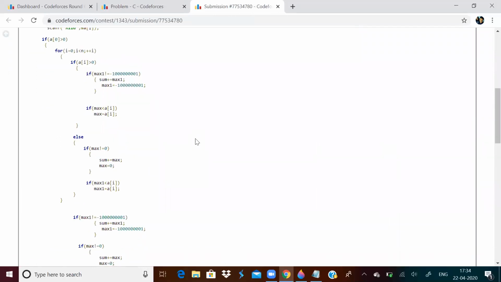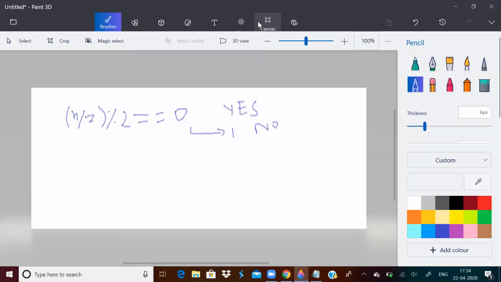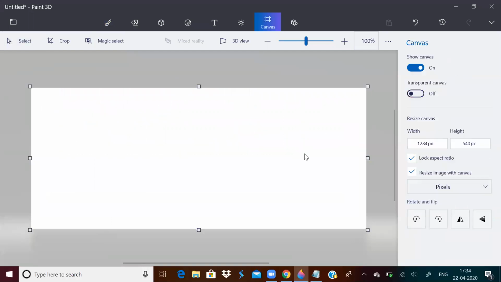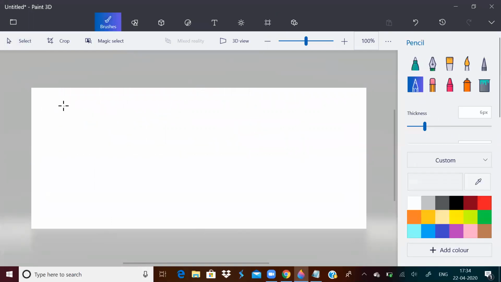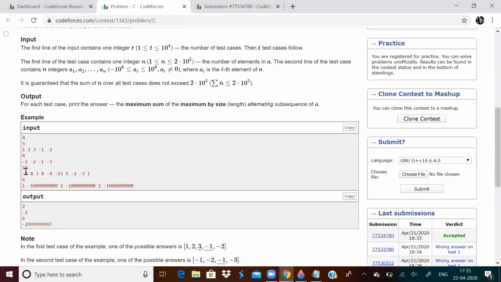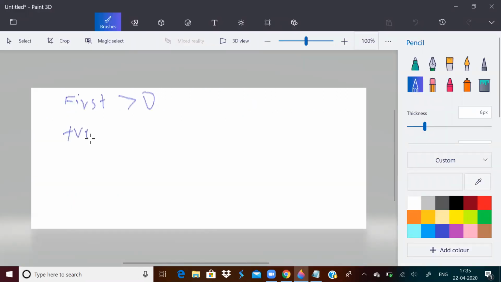What did I do? What is my approach? So my approach was, if I consider first term of a subsequence to be greater than 0, then I am going to find a subsequence which is of the form positive, negative, positive, negative, positive, so on.